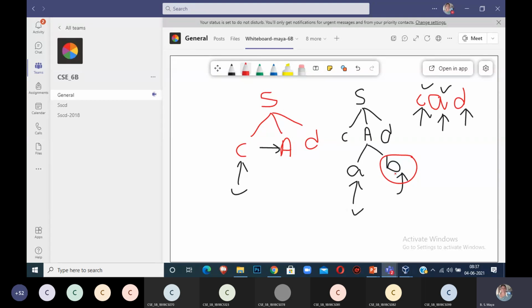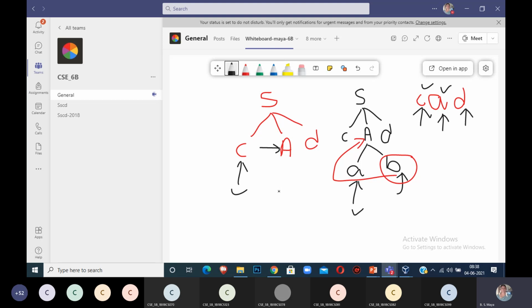What to do? If it is different, I have to go back to the position of this A. I have to come back, back, back, back, and reach the non-terminal A again. It should look back to the original position A to see whether any other alternatives are there or not.